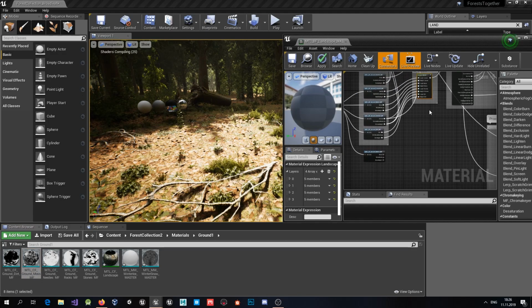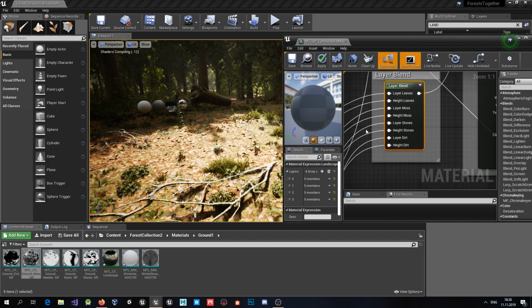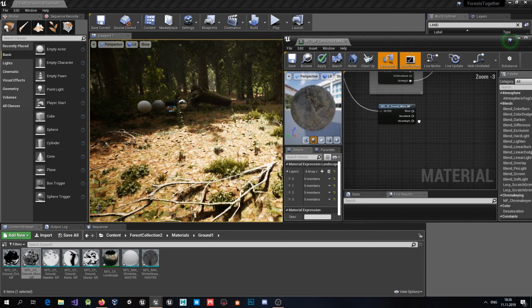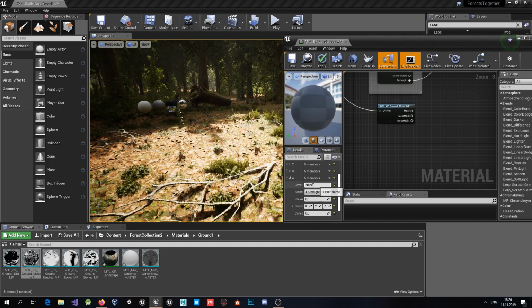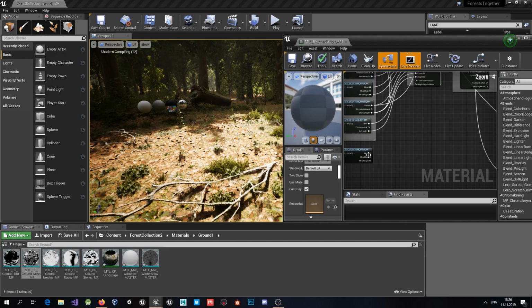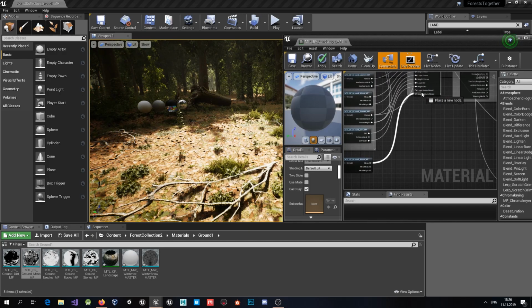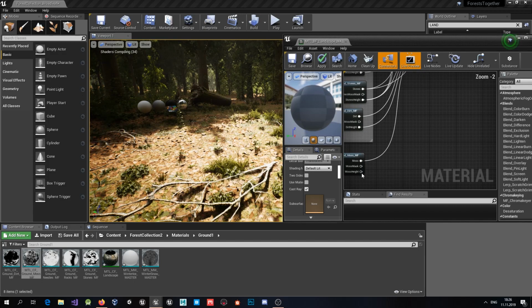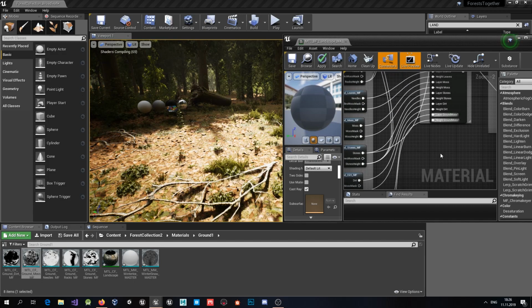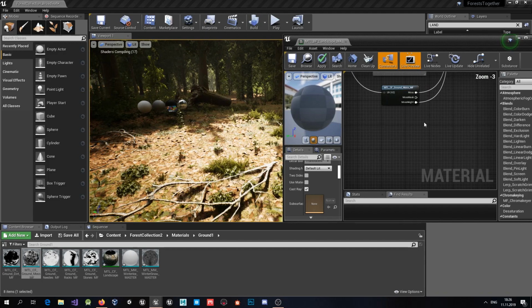Let's create one more layer here. Go with ground moss 1 and choose height plane and connect it. Okay, now